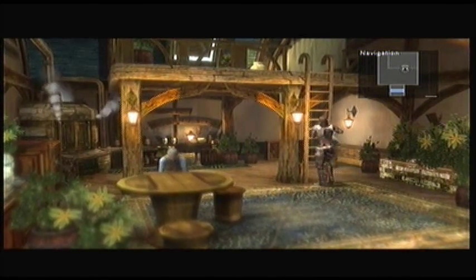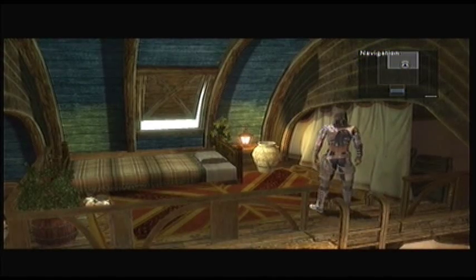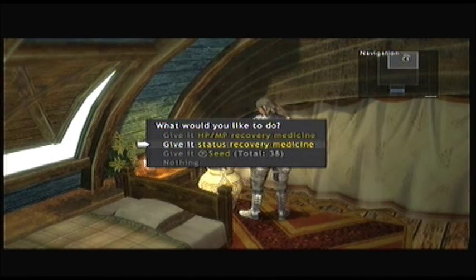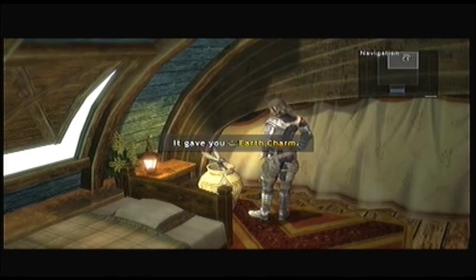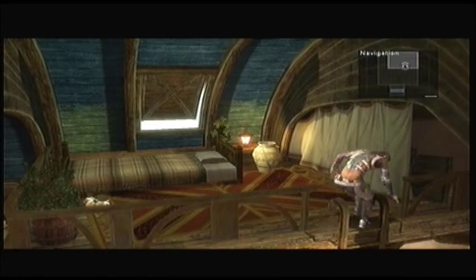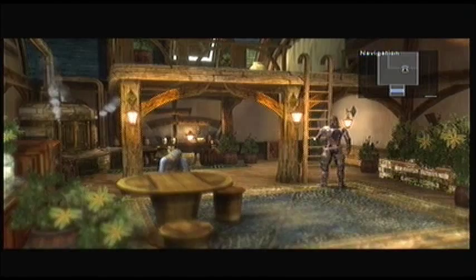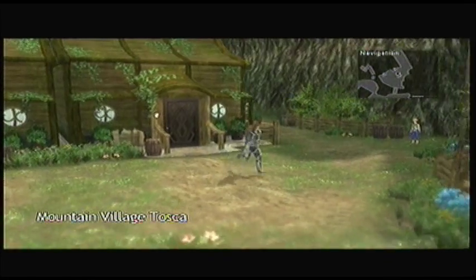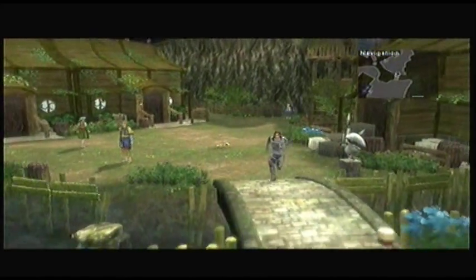So up the stairs here, we actually have another pit pot if you examine the pot here. And we're going to give him our seeds. And now we have 47, and for getting 40 seeds, he gives us an earth charm, and we won't be able to collect our next prize for seeds until we reach 60 seeds. So just keep an eye out for seeds, and we can hopefully get another reward the next time we see